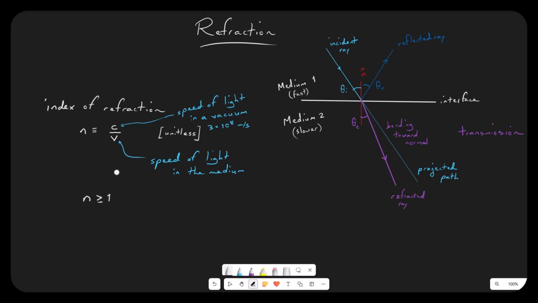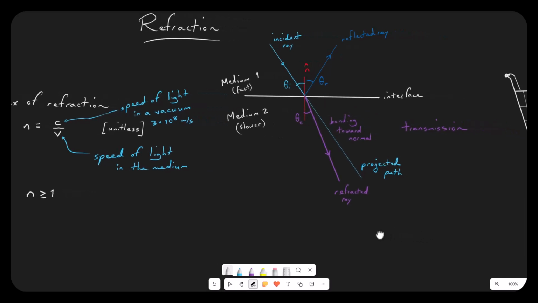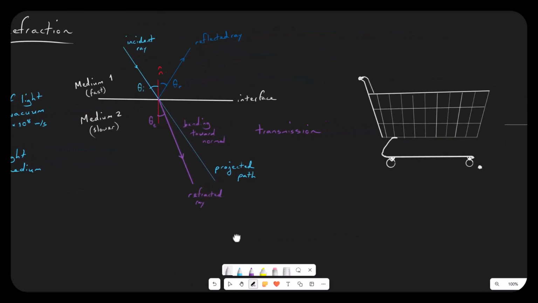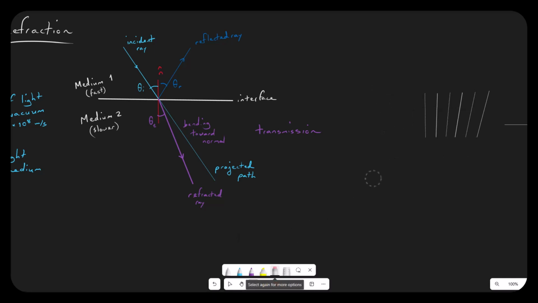If I'm moving through something like water, then I'm going to get something like a 1.3, 1.35 type of number. For glass, I'm going to get like a 1.5 type of number, but that gives me a reference point. So now I've got this index of refraction, and I need to come up with an equation. And I get that. That equation is called Snell's law. And it states